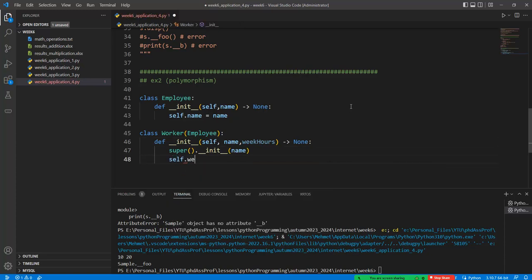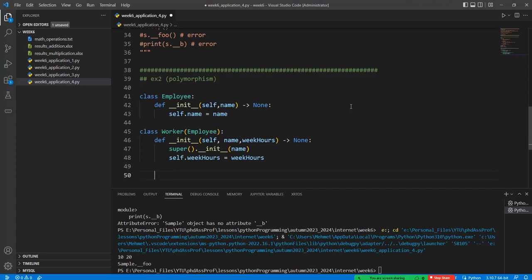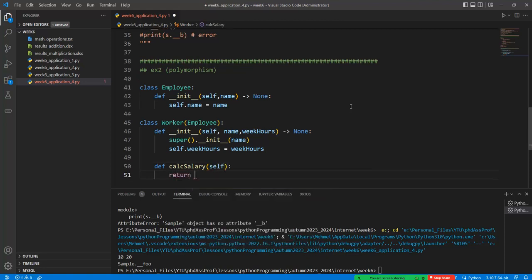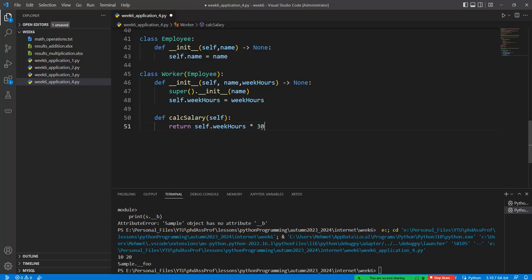And after that the self.week_hours can be initialized with the week hours, and also we can calculate the salary of our problem like this one, the return value of self.week_hours times 30. Each hour is assigned 30 liras or $30 for this salary. Or we can create the class Manager in here like this one, derived from Employee, and after that